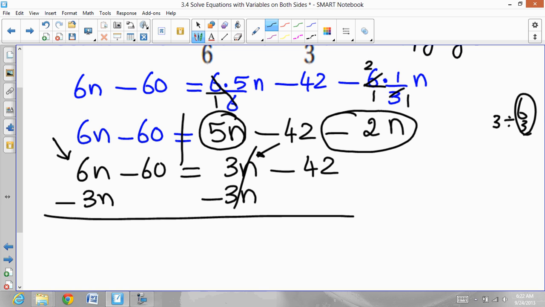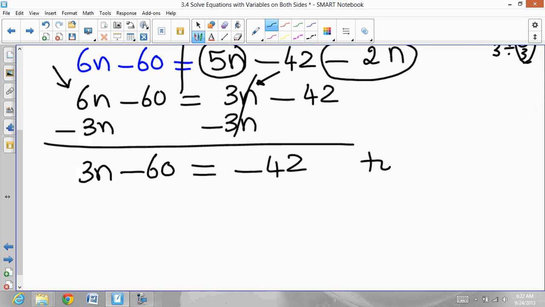So 3n, I'm doing the opposite, which is minus 3n on this side and minus 3n on this side. 3n and negative 3n cancels out. So watch the way I have taken this and brought it to this side. So now 6n minus 3n is 3n minus 60. Just bring down all the remaining things, equal negative 42. Now this is your two-step equation,